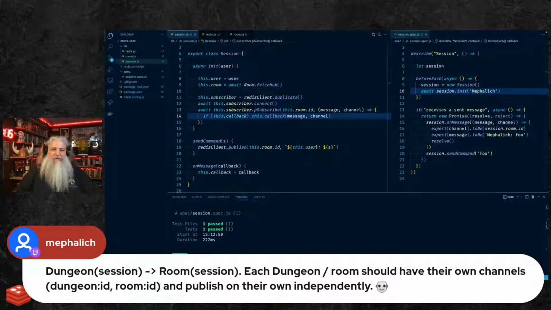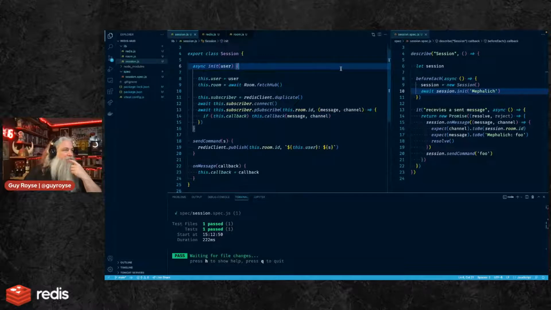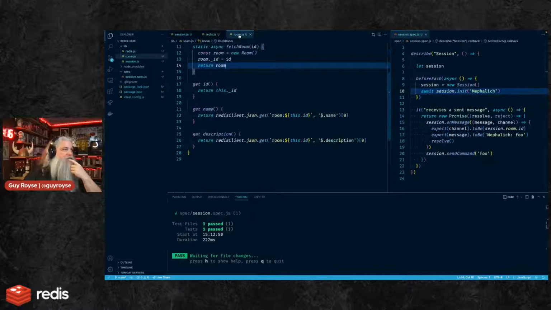Session feels like it might be slightly the wrong noun, but yeah, there's some sort of context that needs to be passed around to everything. Because ultimately the room is going to have objects in it and stuff like that.